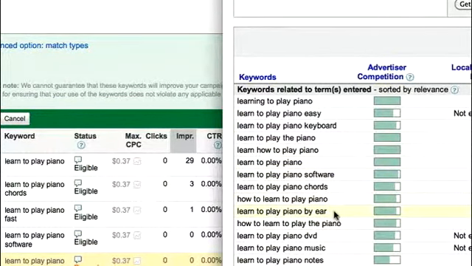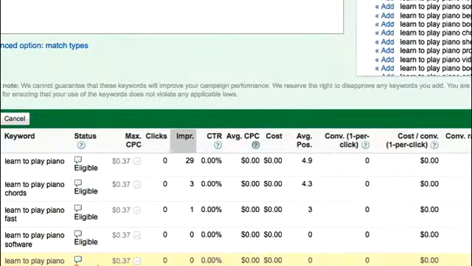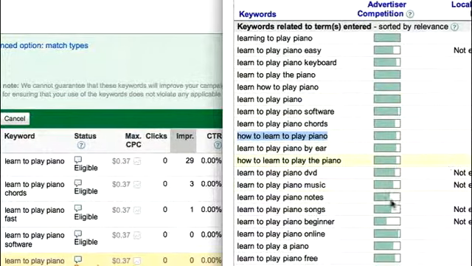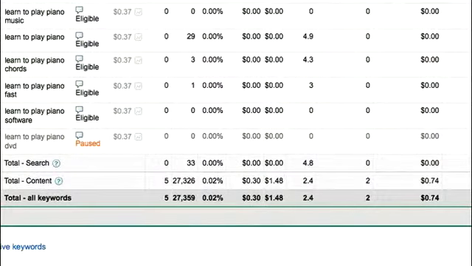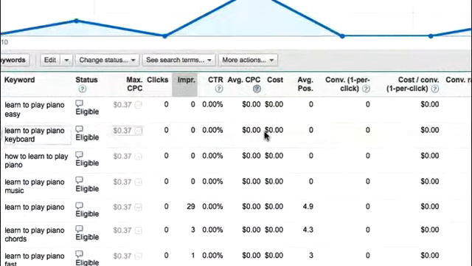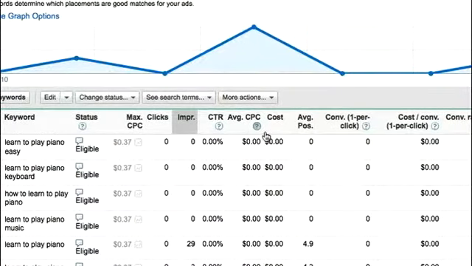And let's do How to Learn to Play Piano. And let's try Learn to Play Piano Music. All right, so I'm just going to add a couple more in there that were highly ranked in the Google keyword tool since this is such a good performing ad group.